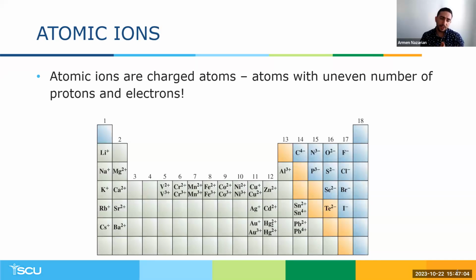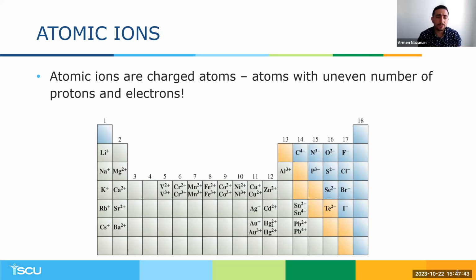The group number in every group reflects the number of electrons in the valence layer of the neutral atom. So group 1 elements have 1 electron in the valence layer, group 2 has 2, all the way to group 8 that have 8 electrons. I'll have to excuse the transition metals, which are the metals in between, groups 3 to 12, which do not follow that trend. They have their own set of rules. They decide how many electrons they want to lose. Sometimes, as you can see, they can acquire multiple charges instead of a single charge. So we'll have to discuss them later.